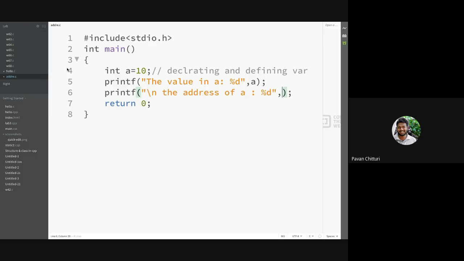So I am using integer, so that I get an integer value of the address. So ampersand a. This statement will give you the value residing in a, and this statement will give you the address where that particular variable a is residing.